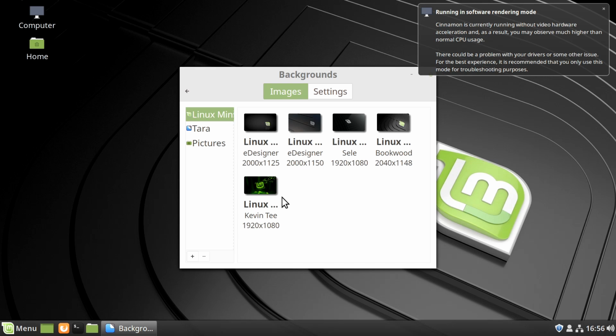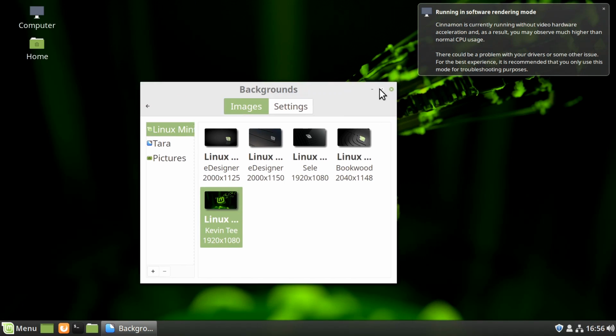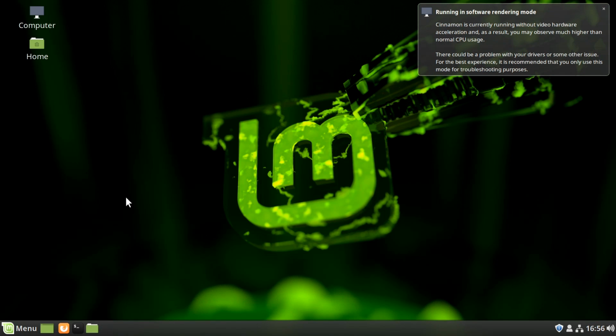There's lots of cool ones included. I particularly like this one, so I'm going to go with that for now because I think that's even more exciting. That's a really wacky background, isn't it? I really like that. Now, you can't have missed the fact there's a little message up here which says running